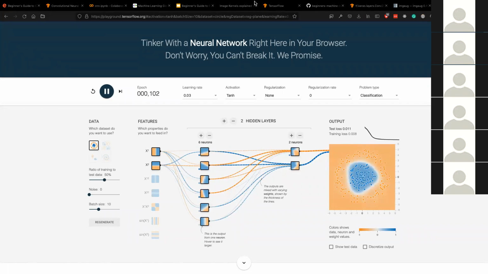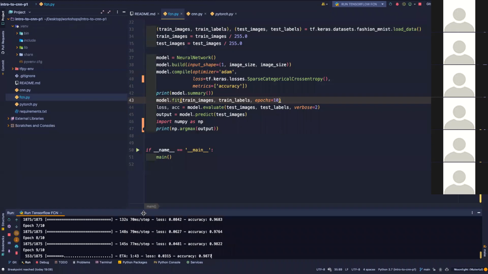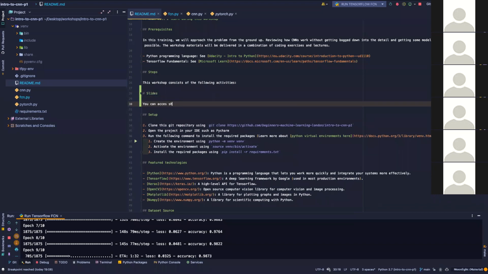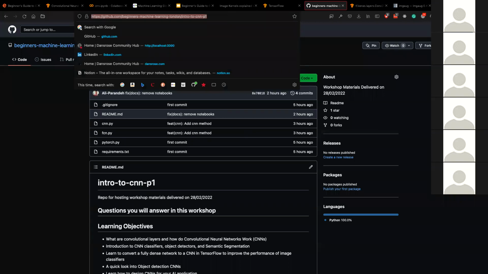Could you add the slides to the GitHub repo? Sure, I will add it right now. Here you go, README, where are you? There, all right. And then basically say slides. You can access the slides here. There you go, added it. That's in. Link to the GitHub repo. I think I added it a couple of times, but I'll add that again. Any other questions regarding the technical bits of the workshop? Otherwise, we can